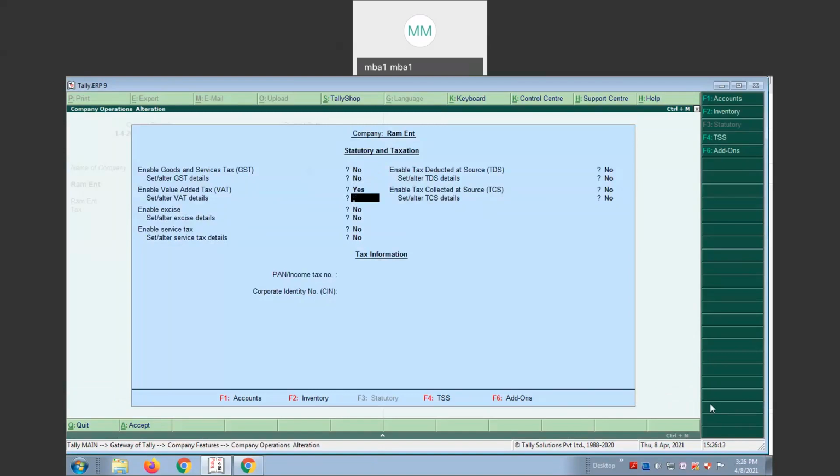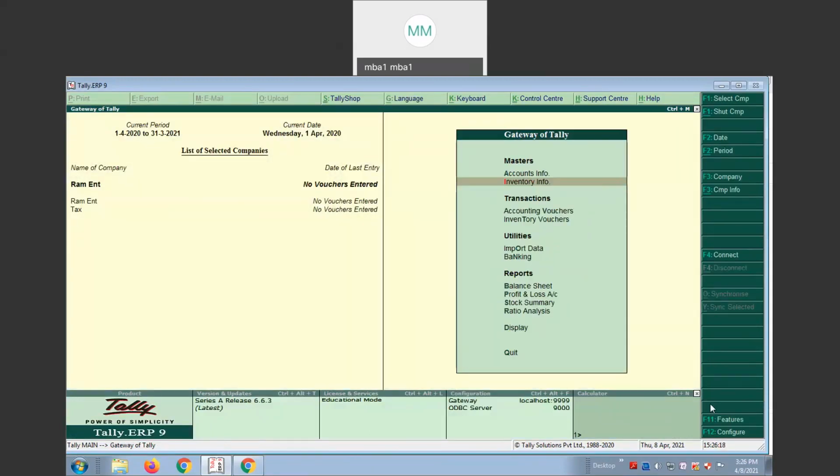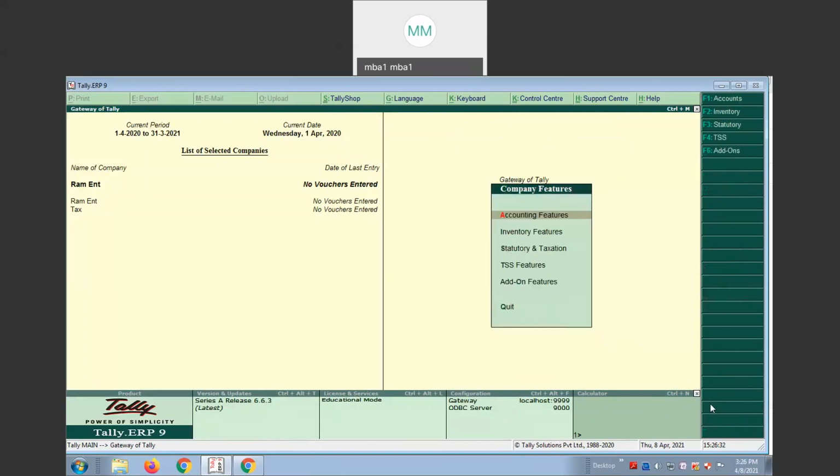At the request of your friend, I am moving back to after creating the company. From the gateway of Tally, to enable the value added tax, click the F11 function key.